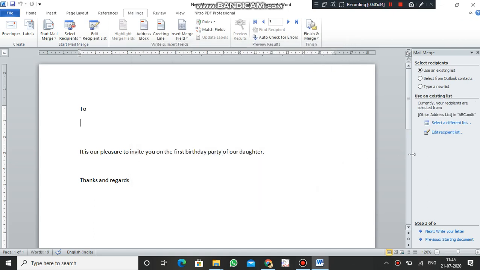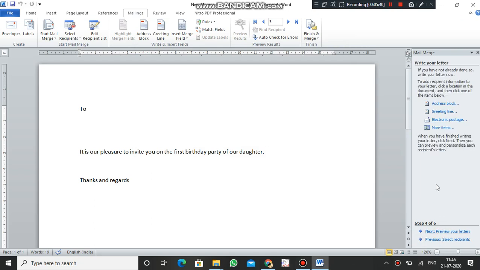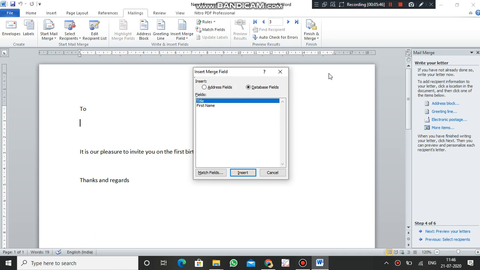Your next step is to click on Next: Write your letter. Here you have to click on More items. After clicking on More items, the Insert Merge Field box will open. There are the field names here, title and first name.